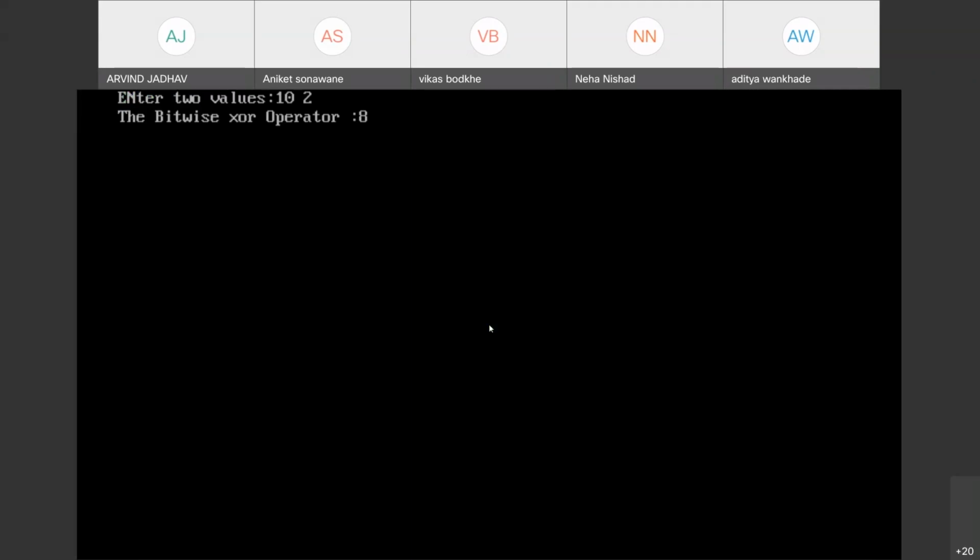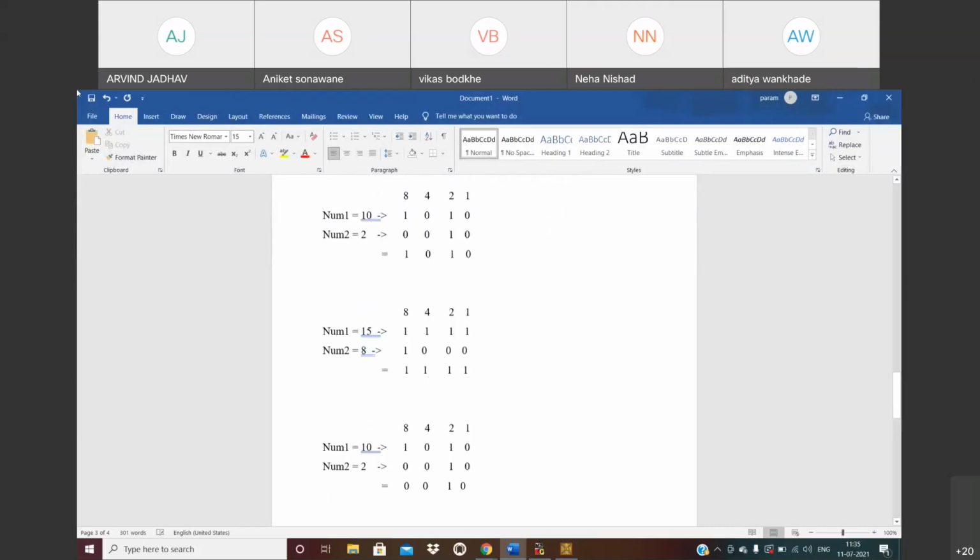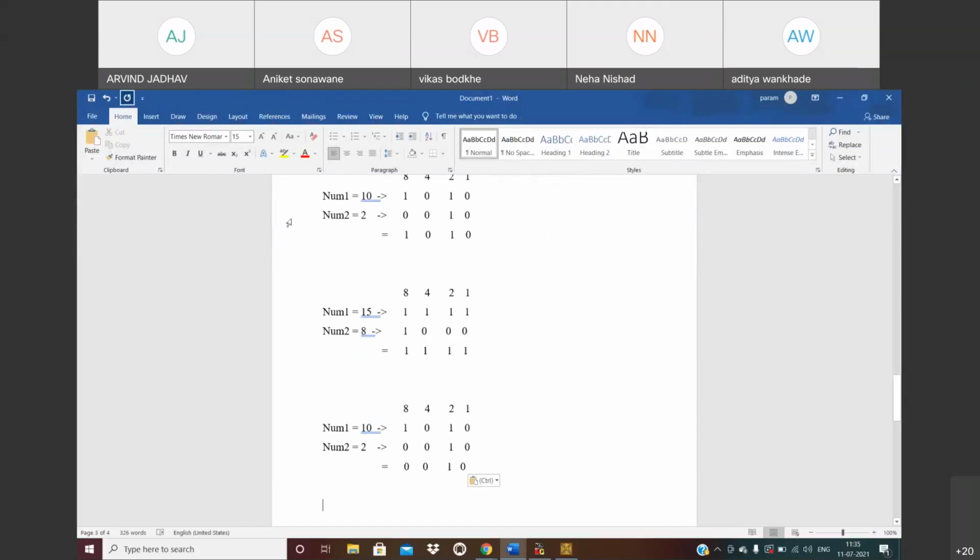Let's calculate. 10 and 2. So here we have the values. What did I tell you about XOR? If it is 0 0, it stays 0. If it is 1 1, it stays 0. But if the bits are different, it is 1. See, we get the one only at the position of 8. So that means we get the value as 8.